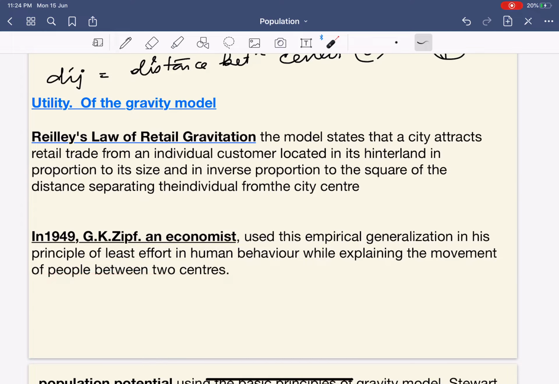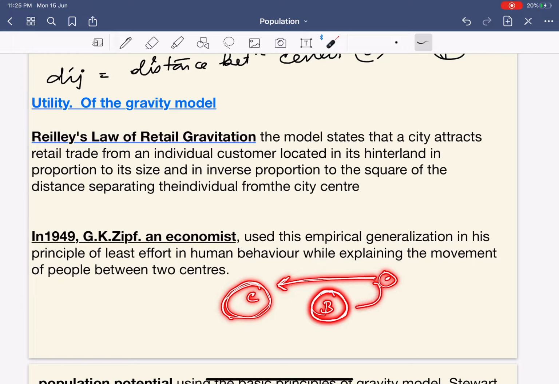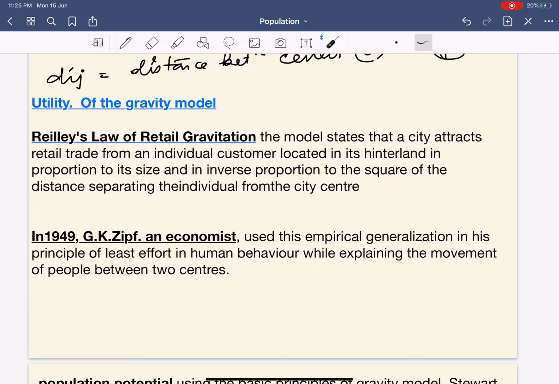It says that, just understand this with an example. Let us say that in Bhubaneswar we have an Apollo hospital, and in Cuttack we have the Cuttack Medical. Cuttack Medical is quite popular, and Bhubaneswar is also popular for some of its medical. Now, a person who is located near Bhubaneswar is suffering from a heart attack. Now, he has two options. One, he can go to Cuttack for a heart surgery, or he can directly reach Apollo for the heart surgery. So basically, this law says that the person will go to the particular place which is nearest to that person. So even within this model, you can analyze that there are many flaws.